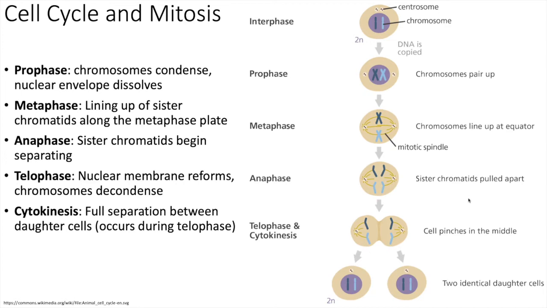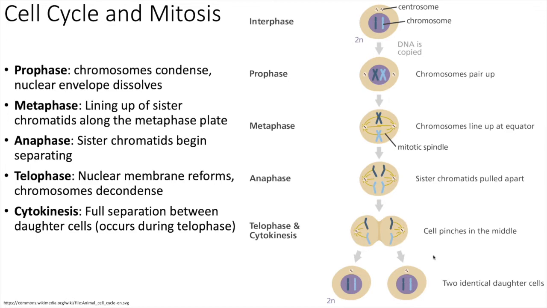Sometimes the process of cytokinesis is listed as occurring after telophase. Technically, it can start occurring at the beginning of telophase and then proceed through telophase. Cytokinesis is just the full separation of the daughter cells. Prophase, metaphase, anaphase, telophase, those are really more referring to the chromosomes. We're using those as our way to track what's going on inside the cell. Cytokinesis is looking more at the cell level, saying that even at the end of anaphase and the beginning of telophase and all the way through telophase, those two cells are really starting to become their own individuals,